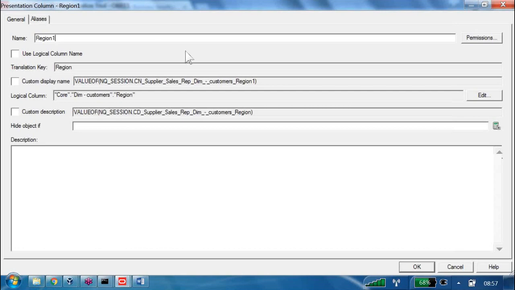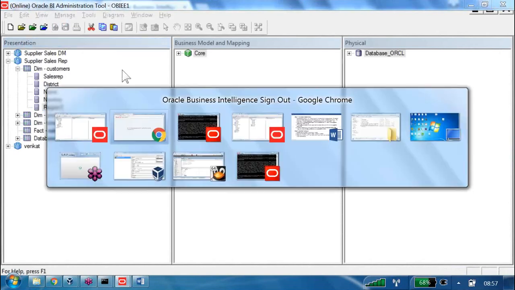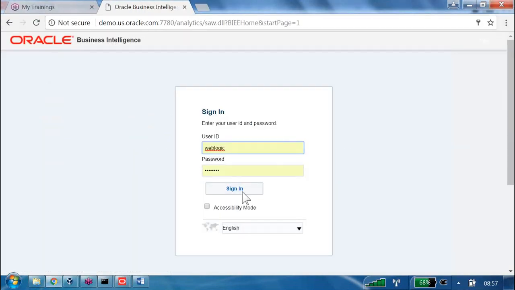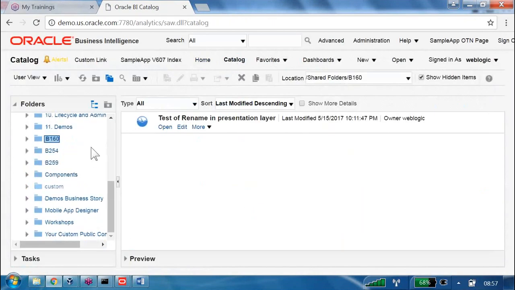I am not aware of that change also. Now my RPD developer did that change, and also he did the checking changes, save it. Now if I go and try to open tomorrow, if I come and try to open this one, and if I try to see the report, yeah, this is the one, right? If I open this one, what about the life of this one? Is it going to say error, region column is not available, like that? Or automatically it is going to work? Automatically it is working based on what it is taking it.